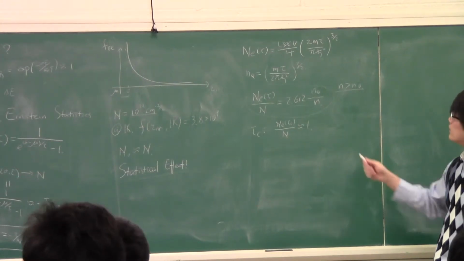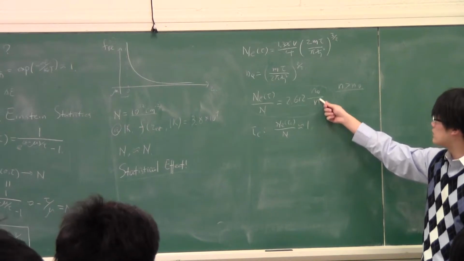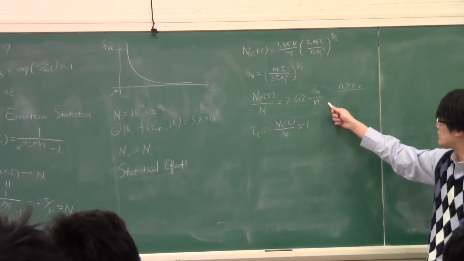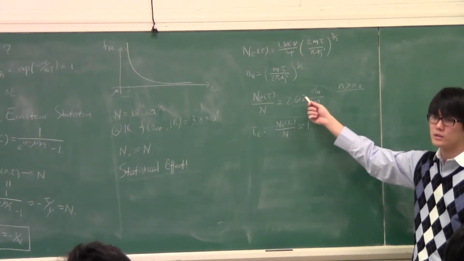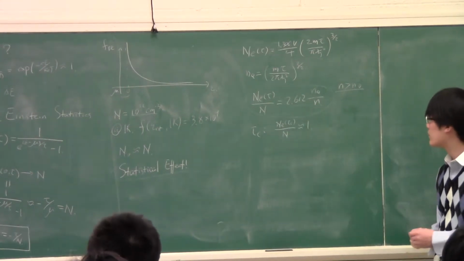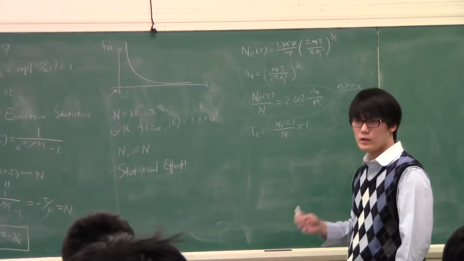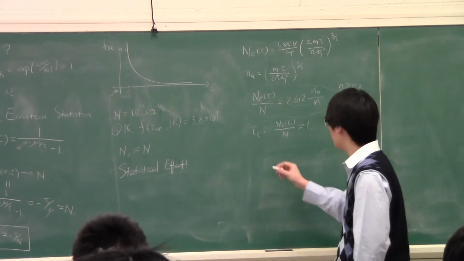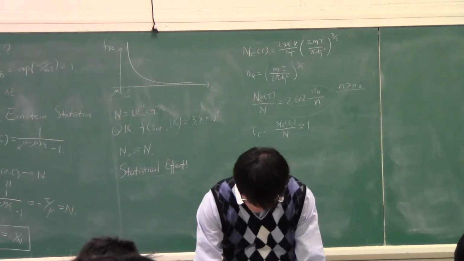That tells us that the concentration of the particles is basically just n_Q times this. So we define that temperature, and then we can evaluate it, and it is approximately equal to